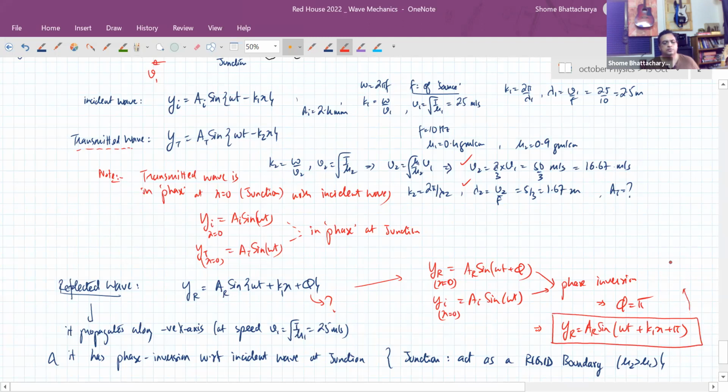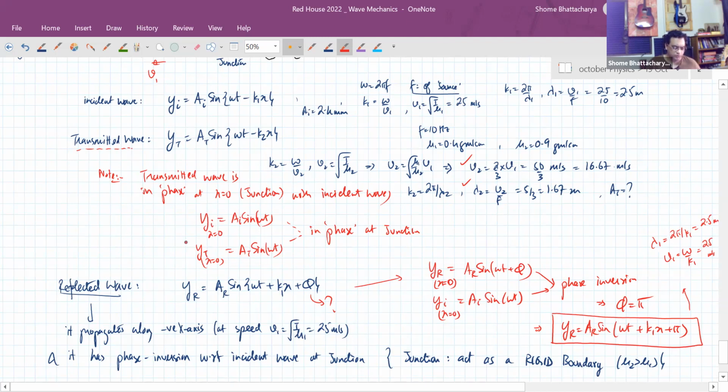And this should have all these properties. Okay. Now the only thing remaining is to calculate the two amplitudes, for which we'll use two